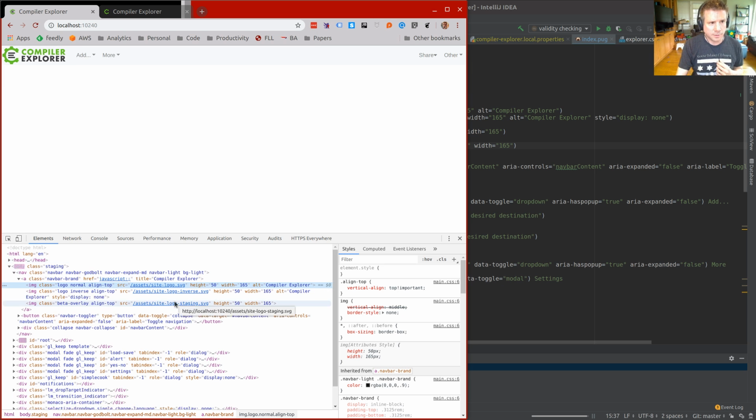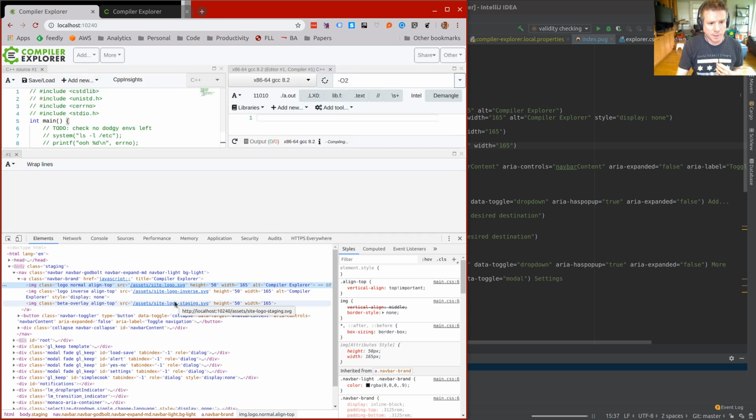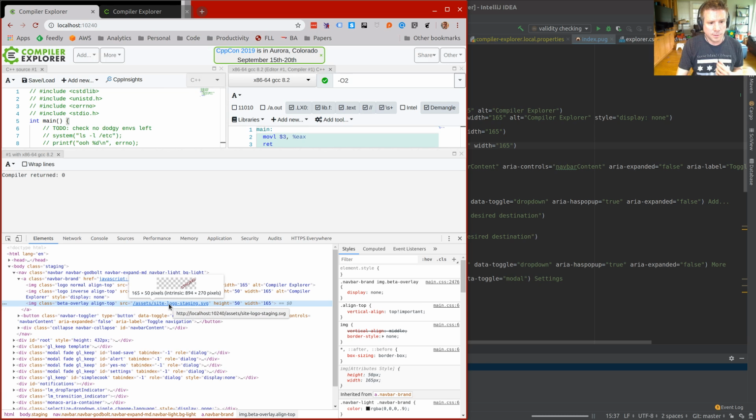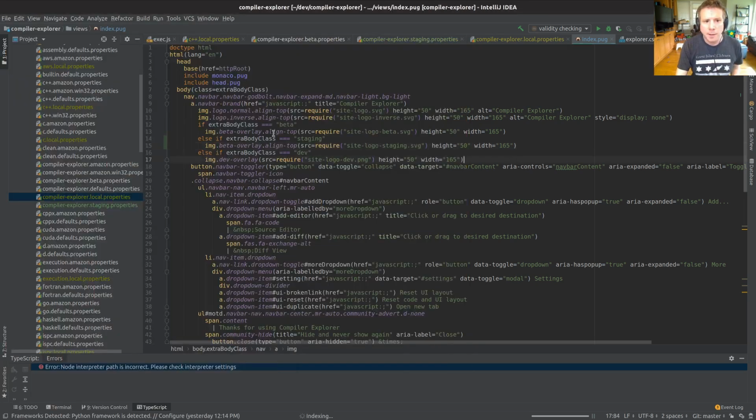No, that's the sadness, isn't it? And then this intrinsic, that. Image class equals that. Why you no work? I don't understand why that is not working. We have literally copy-pasted that.